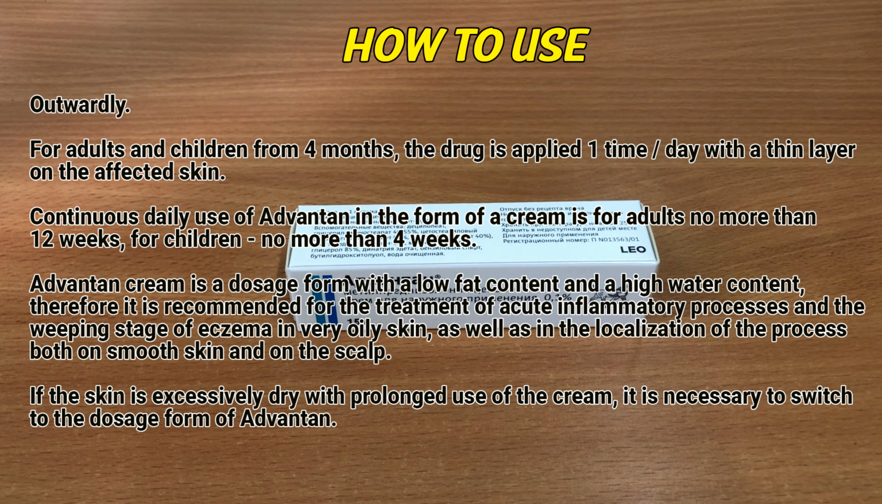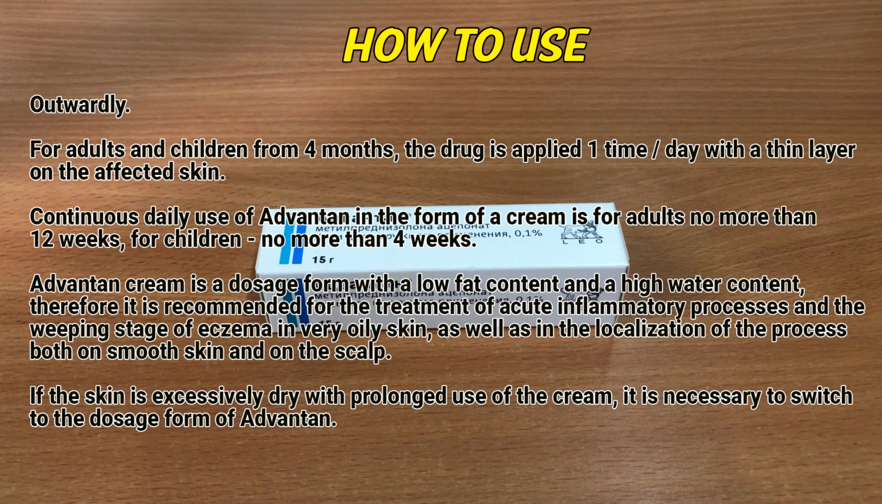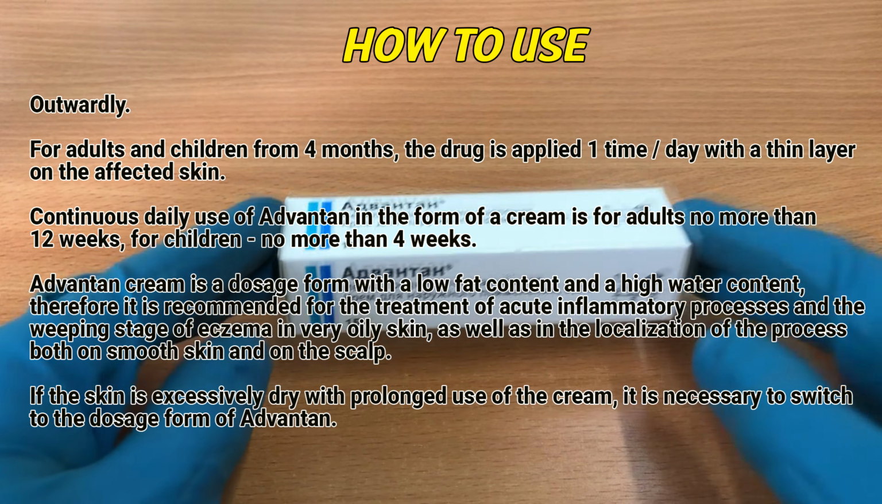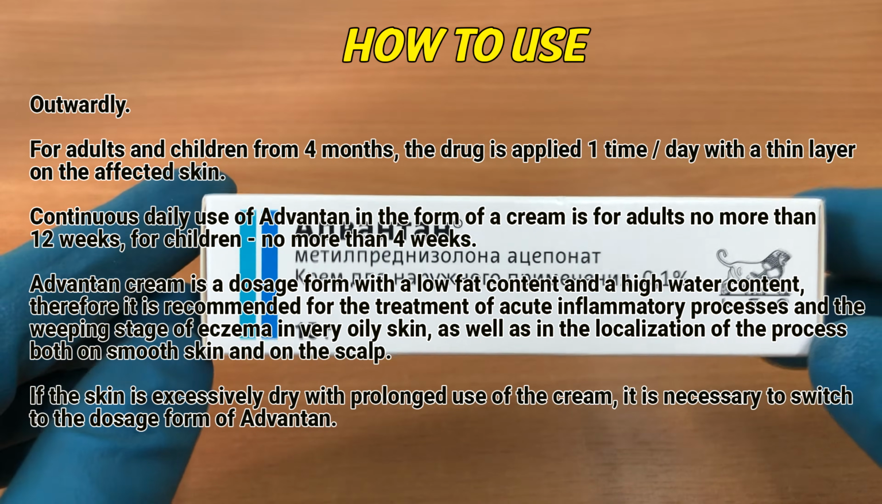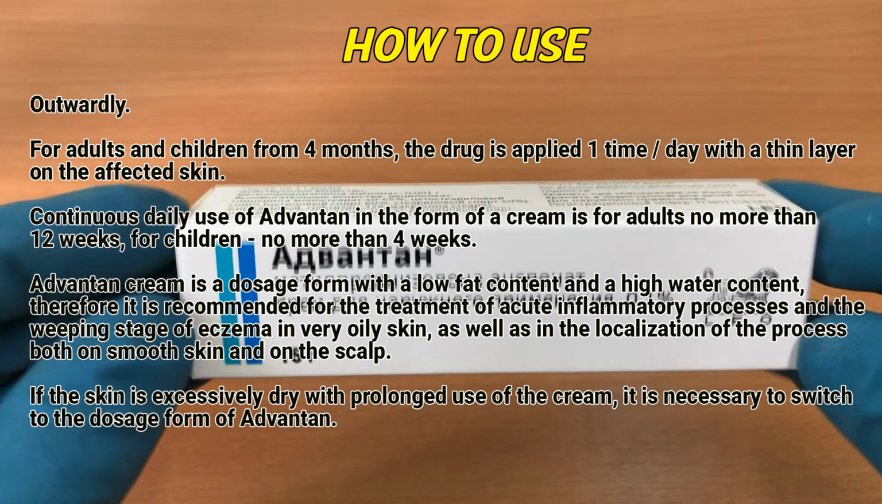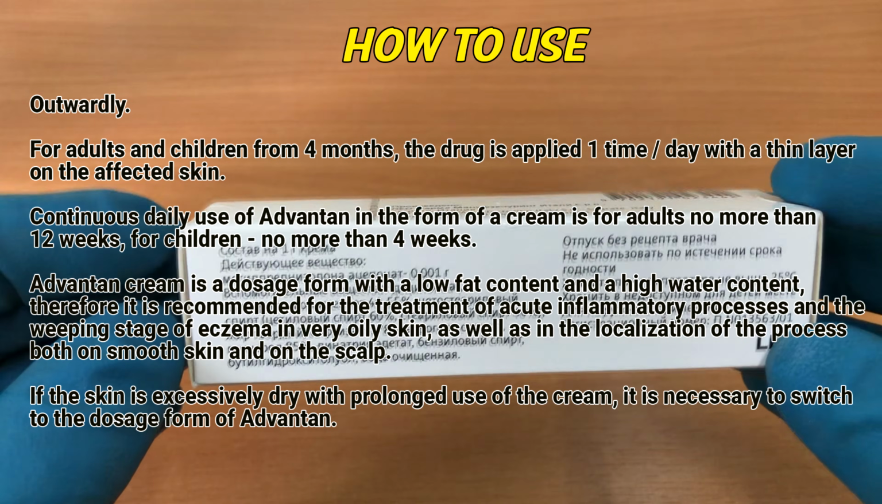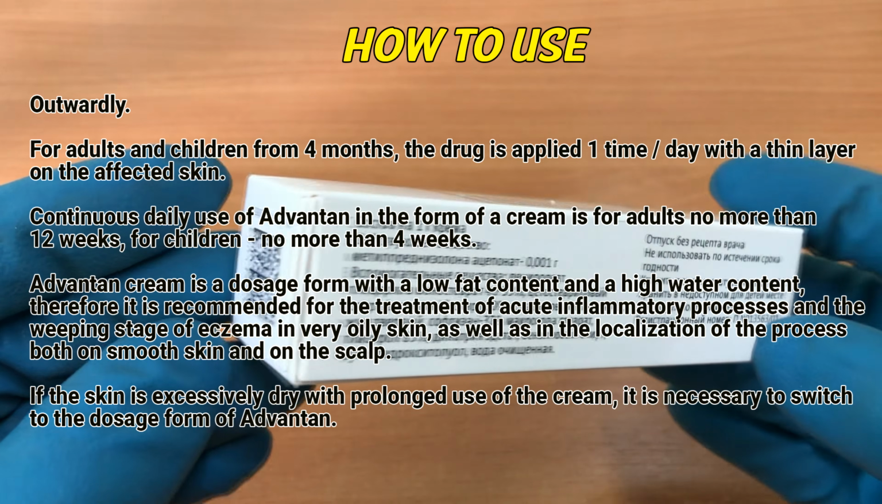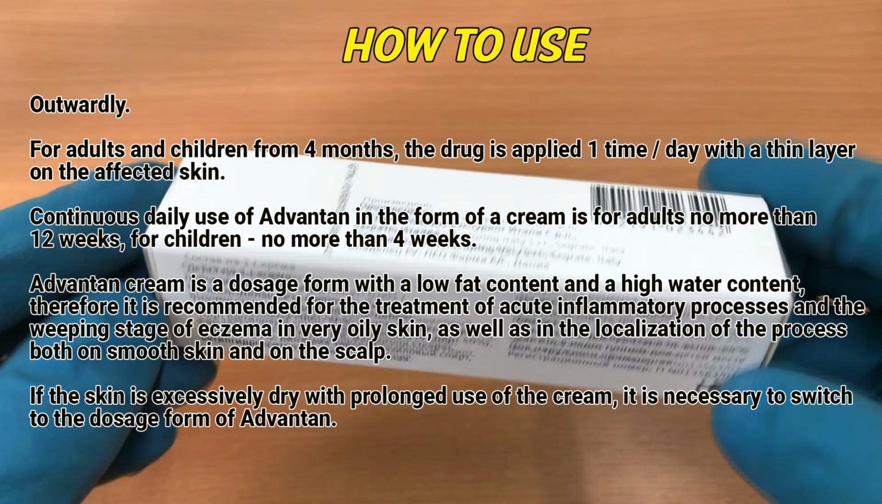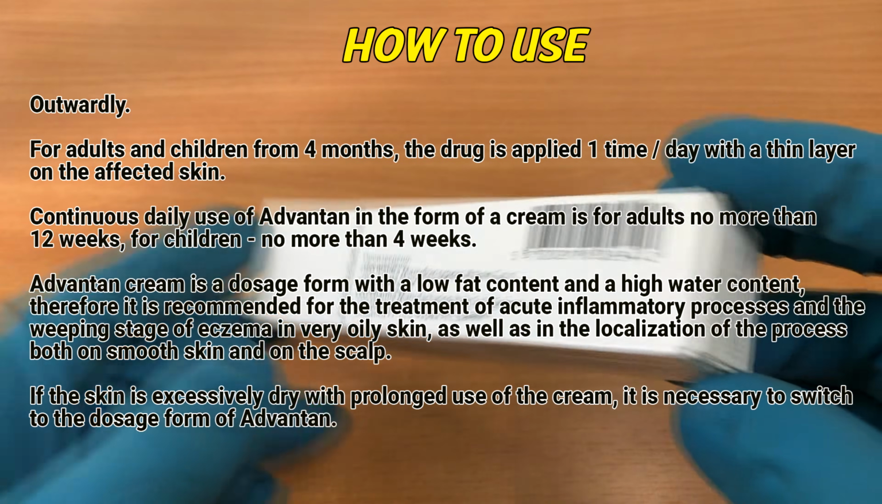Advantan cream is a dosage form with a low fat content and a high water content. Therefore, it is recommended for the treatment of acute inflammatory processes and the weeping stage of eczema in very oily skin, as well as in the localization of the process both on smooth skin and on the scalp. If the skin is excessively dry with prolonged use of the cream, it is necessary to switch to the dosage